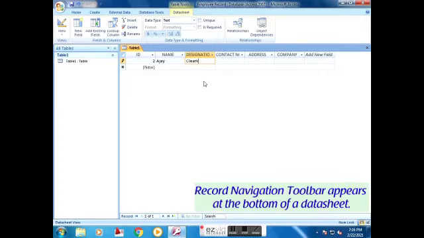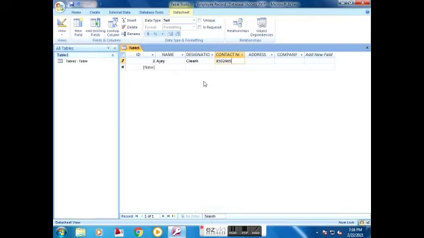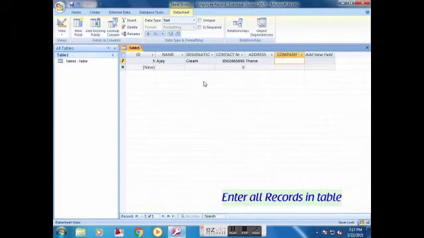The Record Navigation toolbar appears at the bottom of a datasheet. Enter all records in a table.